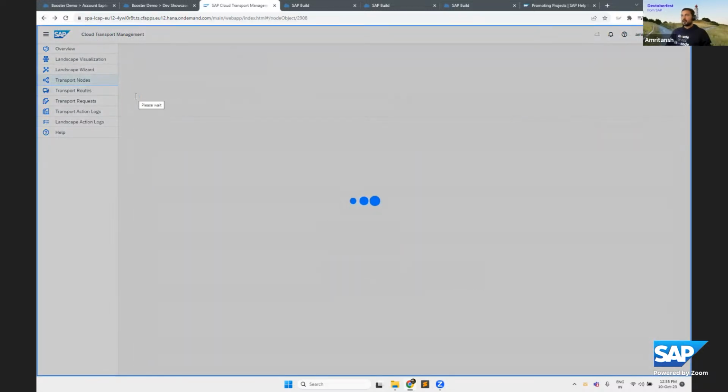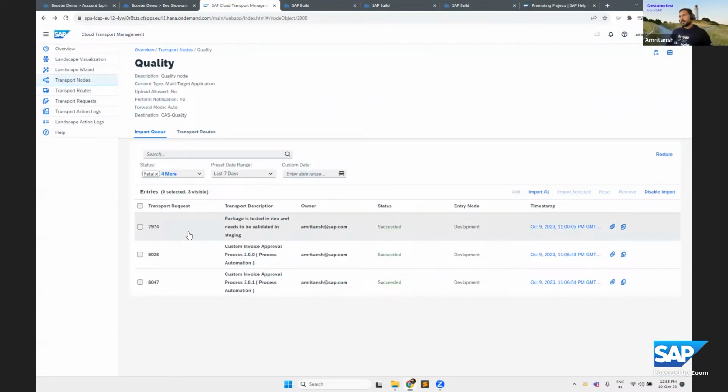Now, as an IT admin, let's say we follow a bi-weekly or weekly deployment to the test and the production landscapes. As soon as the developer promotes or pushes content from the dev tenant to the CTMS, as an IT admin or maybe as a QA, I come here and select this particular node and I get the option to import selected. I'm already in the quality node in CTM, which means when I click on import selected, this content goes and sits in the quality tenant, which is here.